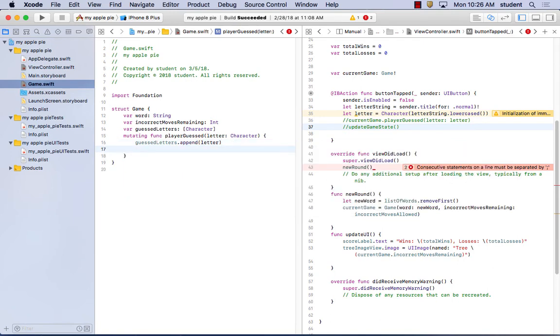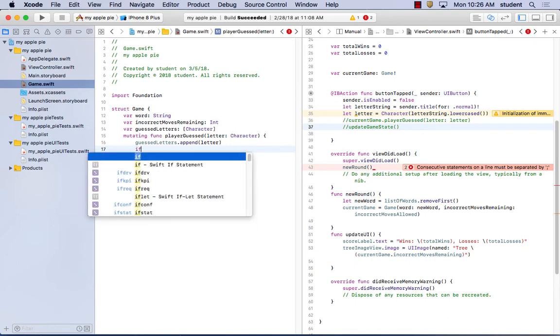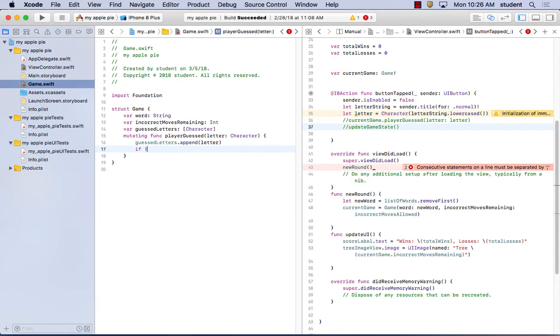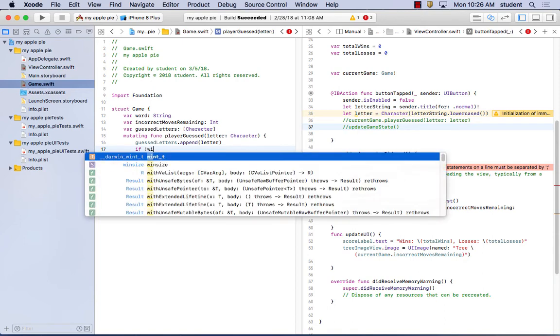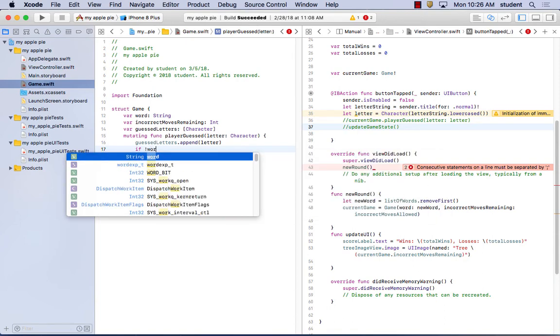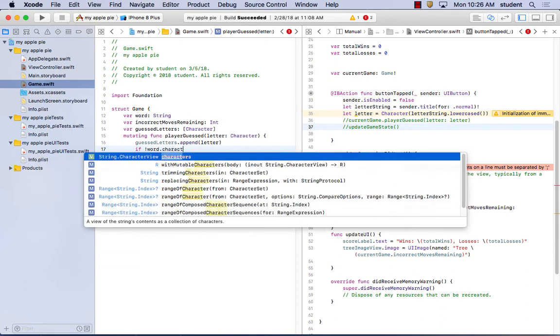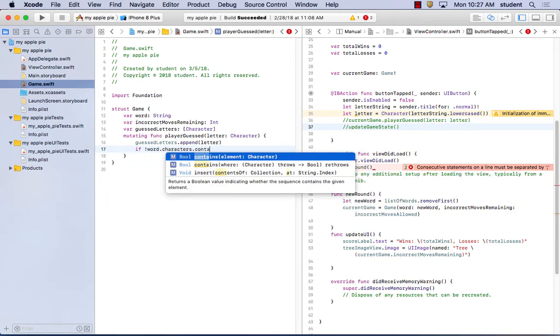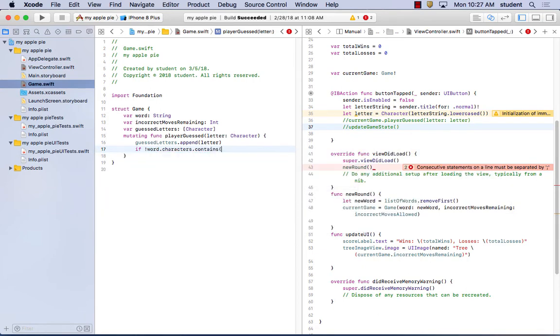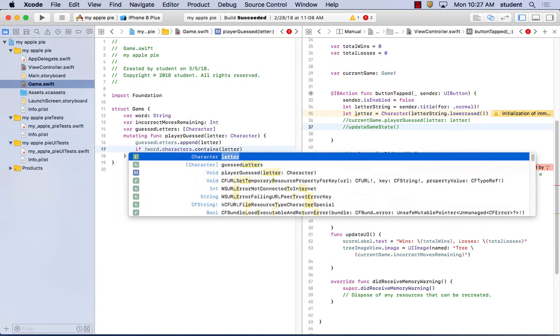And then they have an if statement in there. If, and then they put an exclamation point. I guess word needs a value. Characters contains letter,